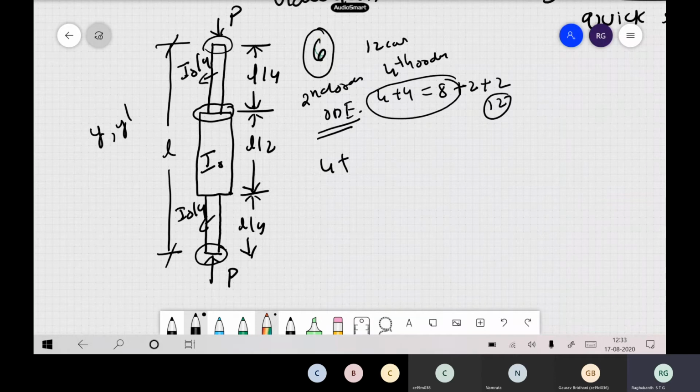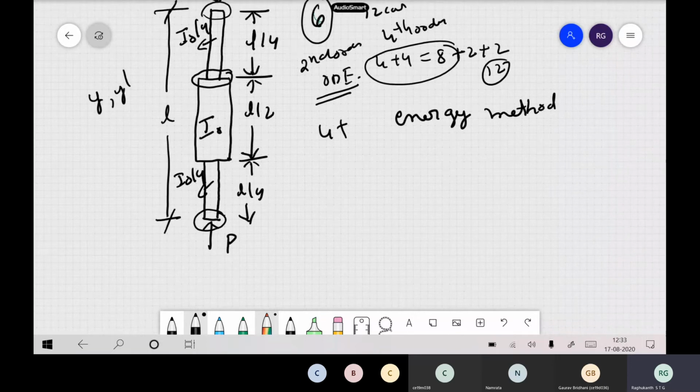Now I don't want to do it by the force method. I want to use an energy method, or this Rayleigh-Ritz method, some approximation. As I already told you, in all these energy methods, say Rayleigh-Ritz or Galerkin or whatever method you use, the only thing is we assume the eigenvector. In the force method, you write the equation of equilibrium, first find the eigenvalue, then you get the eigenvector. In energy methods, you assume the eigenvector itself, or the deformed shape itself, and then you find the eigenvalue. So we go in reverse.